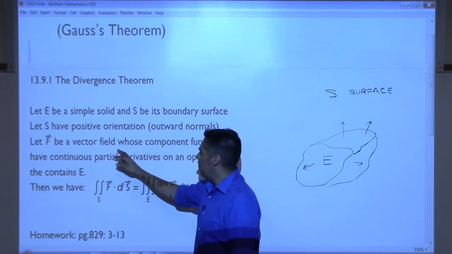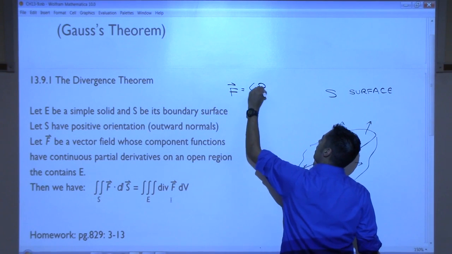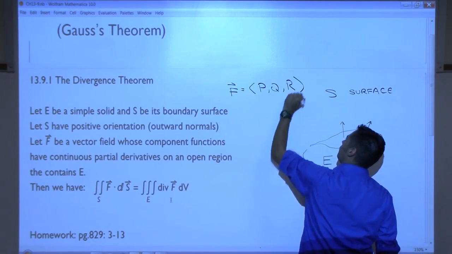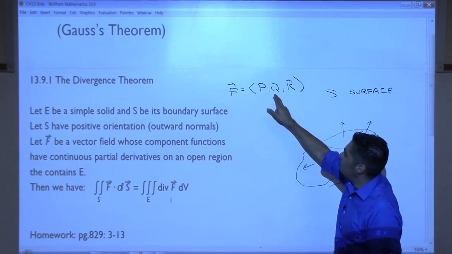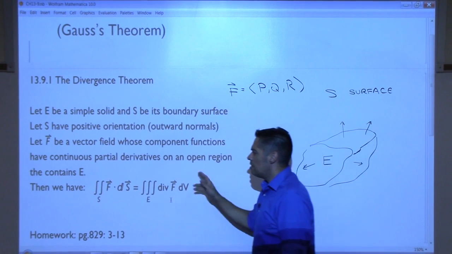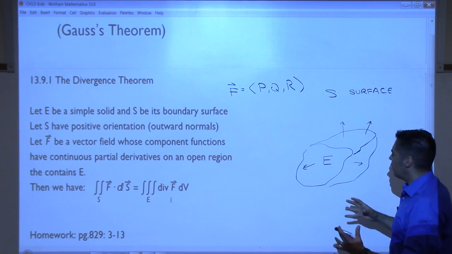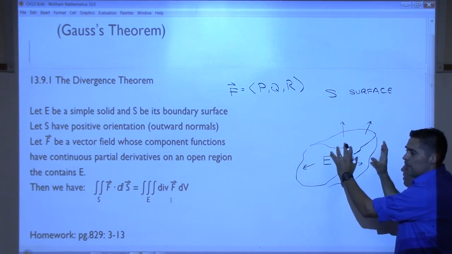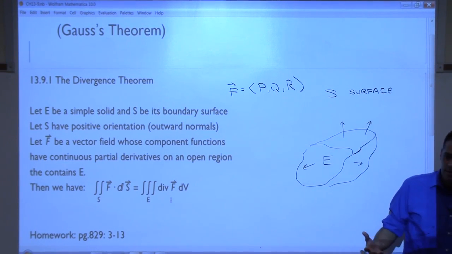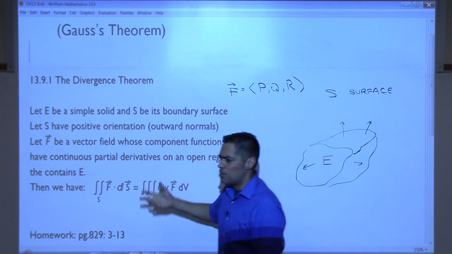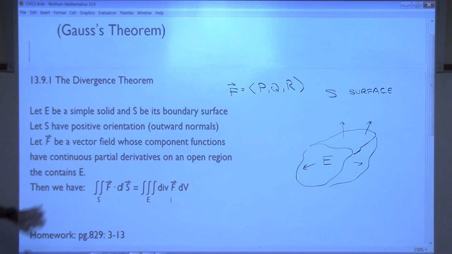Let F be a vector field, P, Q, R, whose component functions, the P function, the Q function, the R function, have continuous partial derivatives on an open region that contains E. Basically, within this solid, those derivatives have to be well behaved, continuous. Meaning when you take the derivative, you don't have any problems: no division by zero, no domain issues. As long as that's the case,